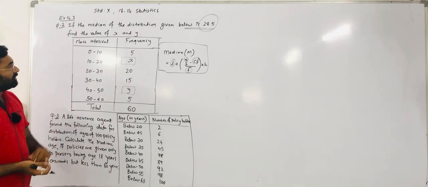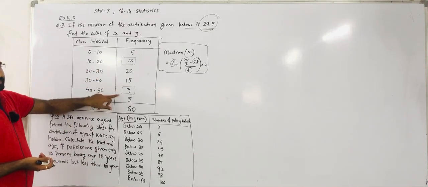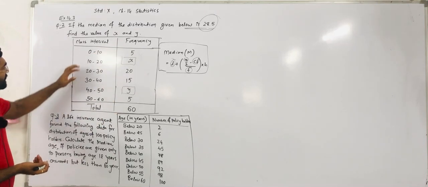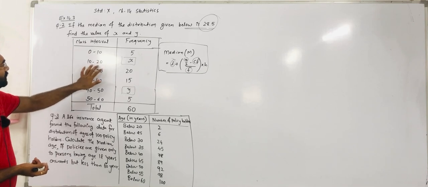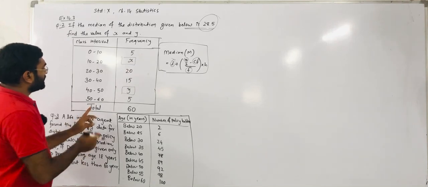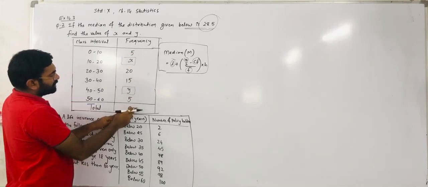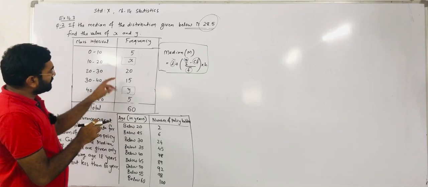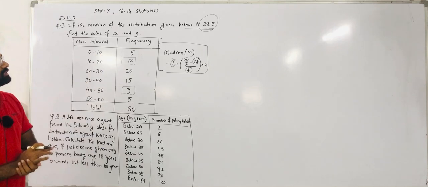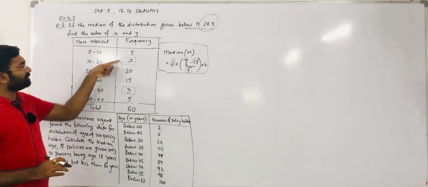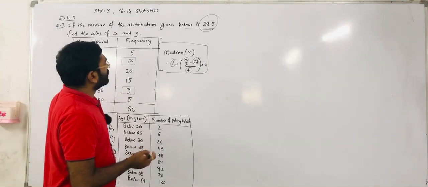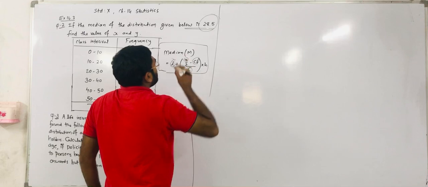Another thing, whenever there are two missing values, we have to make one equation. How can we make an equation? See, all the intervals 0 to 10, 10 to 20, 20 to 30 are continuous classes and their frequencies are given. At last they give the total frequency, which with the missing frequencies added becomes 60. So whenever a missing frequency sum is given, from the summation of all frequencies we have to find one equation regarding both missing values.